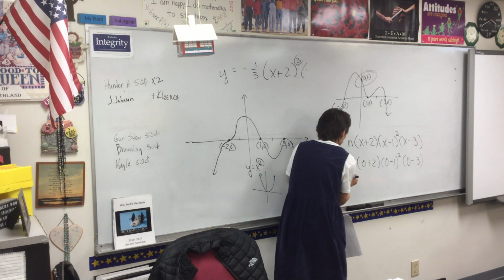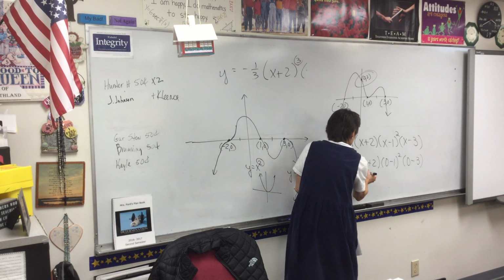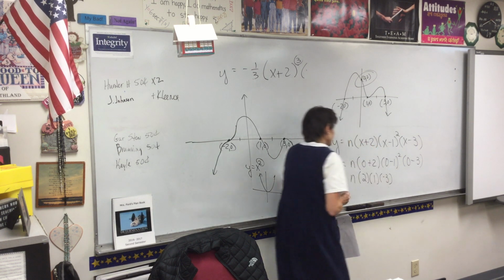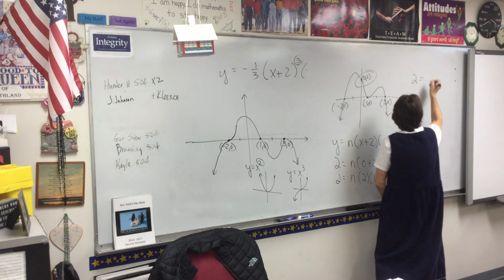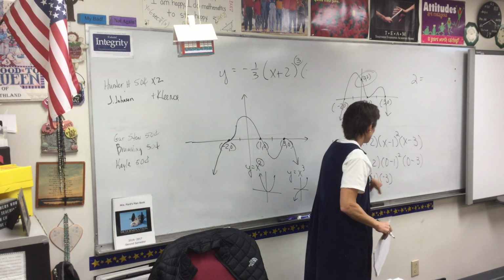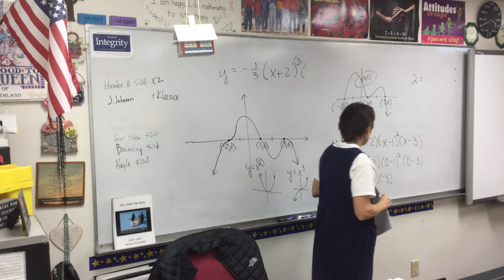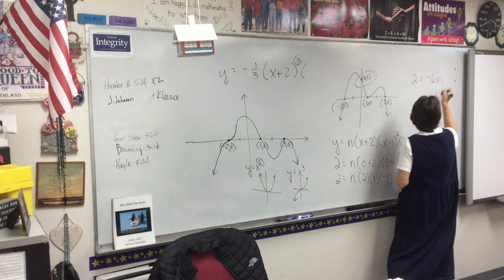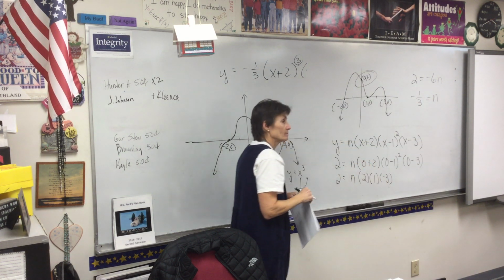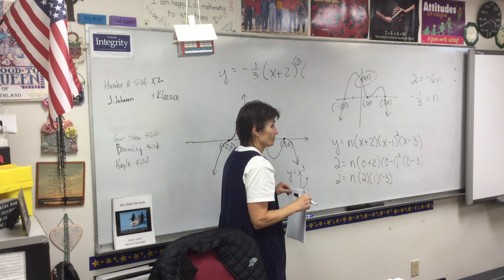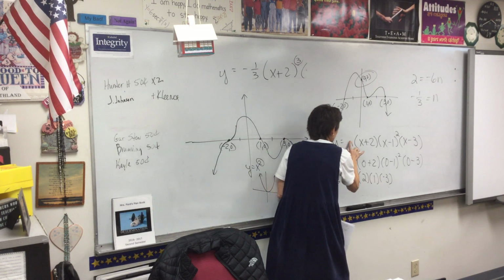All right, so we work it out. So what have we got here? 0 plus 2, 0 minus 1 squared, and 0 minus 3. So multiplying it all together, we have 2 times 1 times negative 3, which is negative 6. Oh, did you get negative 1/3? So that's our n,